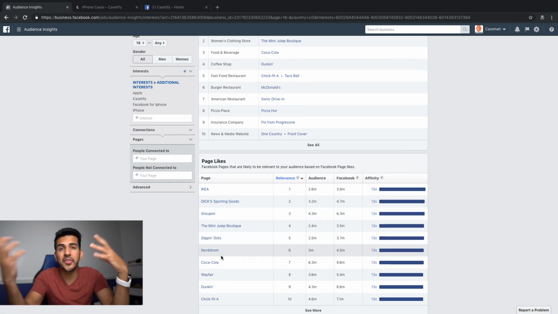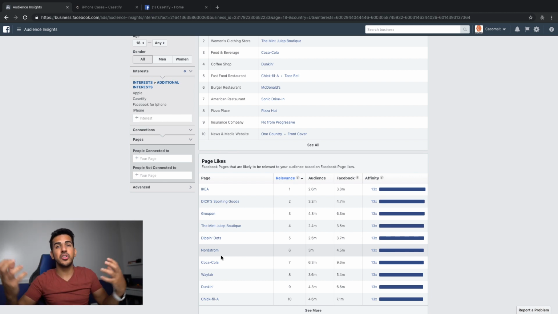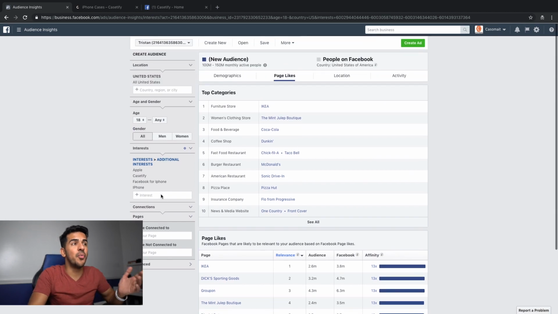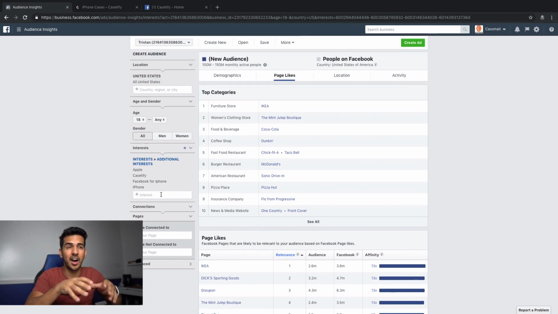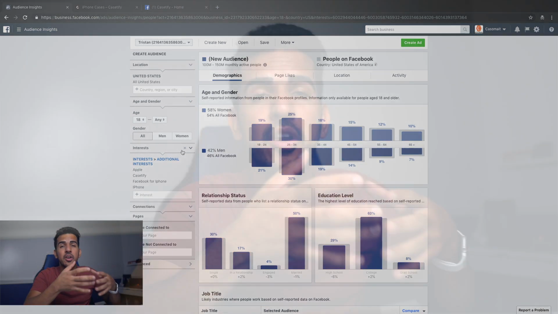So these are other things that you would have never thought about, but these guys are very similar to each other. So this way you could really come up with really targeted audiences, and you could understand how many active users you have. Because sometimes you would try to do a product and they don't have many active users. So when you're trying to decide a product, decide an audience, and see if this is going to be the right fit for your company, you need to see how many active monthly users are actually there on Facebook.